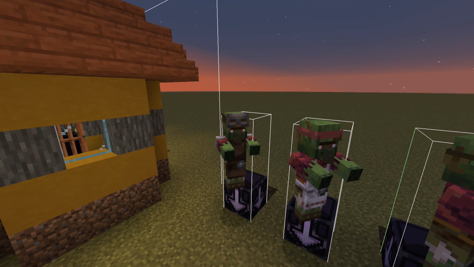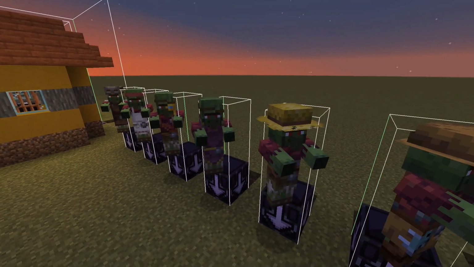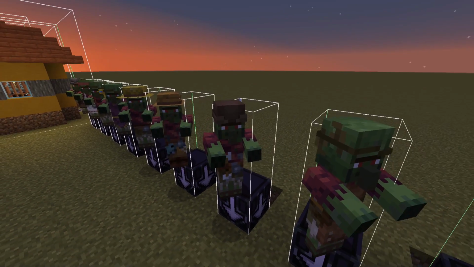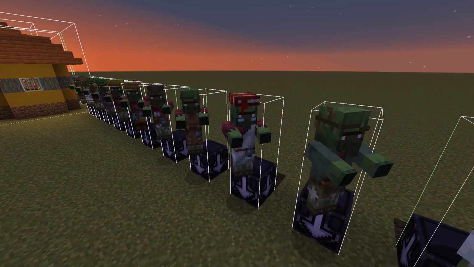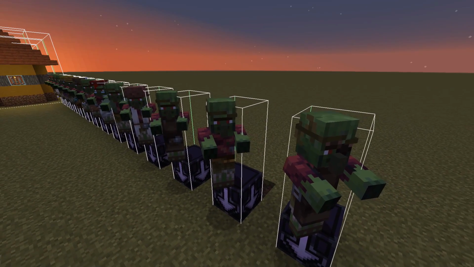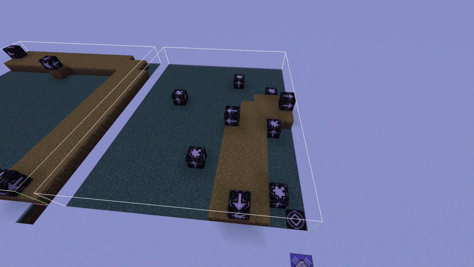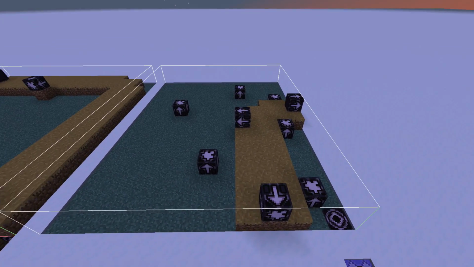and again they are an armorer, a butcher, a cartographer, a cleric, a farmer, a fisherman, a fletcher, a leatherworker, a librarian, a nitwit, a shepherd, a toolsmith, the one simply called unemployed, and a weaponsmith. The final, completely new type of village in this snapshot is the zombie version of the